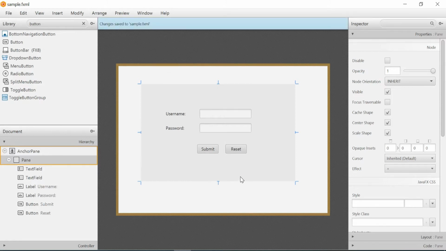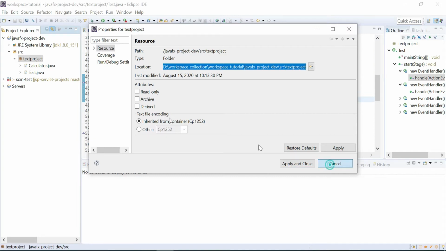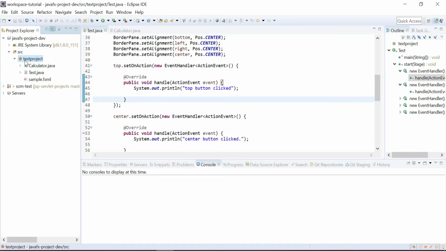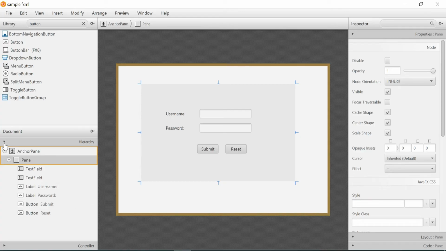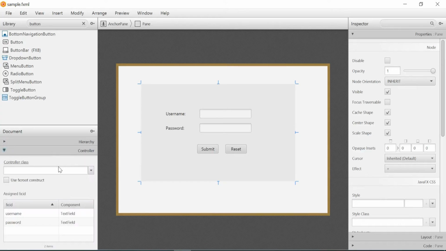It will get saved there. Here you can come and refresh. Here we have it. One more thing you have to do: you need to give the controller here.